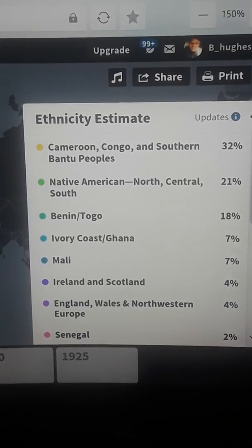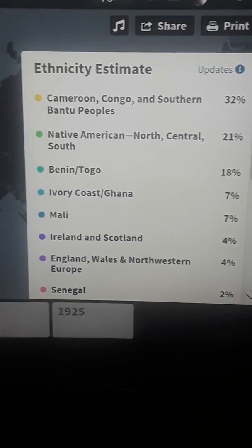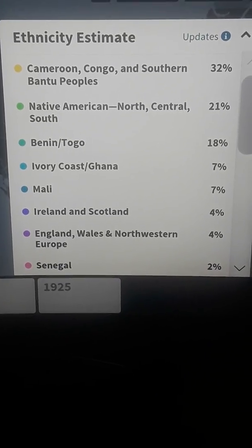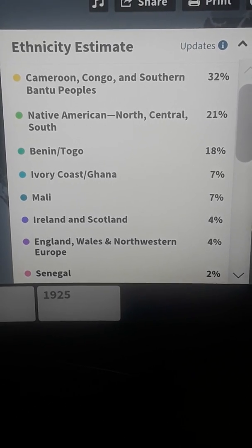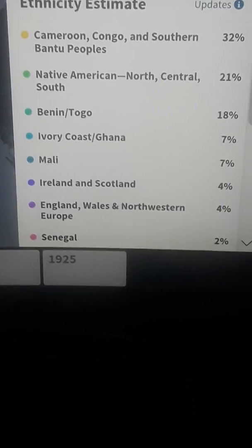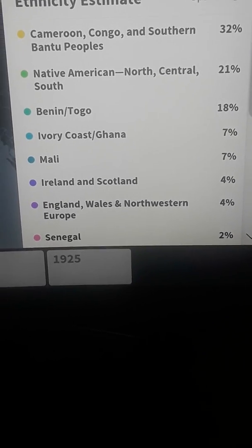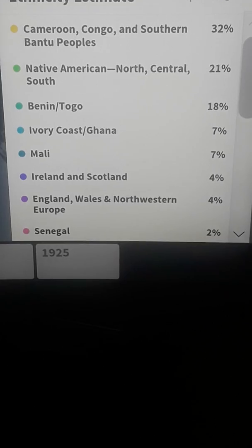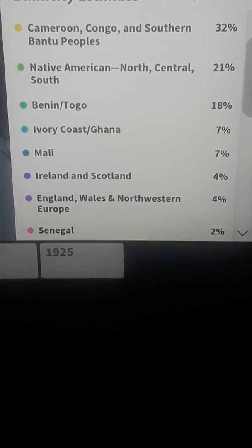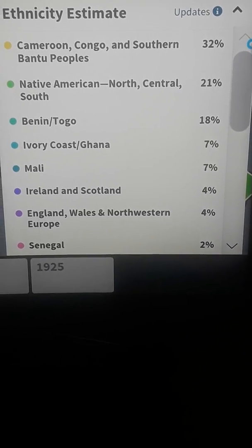All right, so while having Ancestry for the last couple of years, I had some unique encounters, some people messaging me on here, and one was actually a cousin of mine. He was a fifth to eighth cousin, but he was actually from Africa. And when I spoke to him and messaged him, he said he's originally from Zimbabwe, and he's a descendant of Shaka Zulu. And he explained to me that our ancestry is from the Zulus, and they moved from there to Zimbabwe. And so his results would be very similar to the Cameroon and Congo,